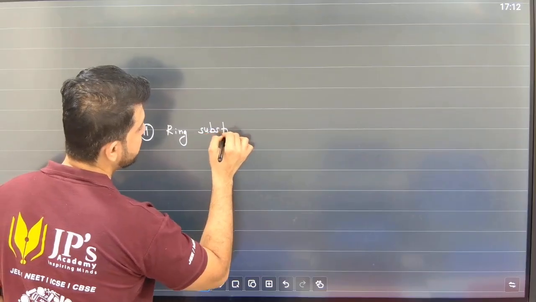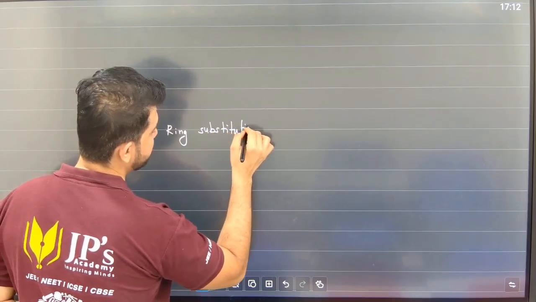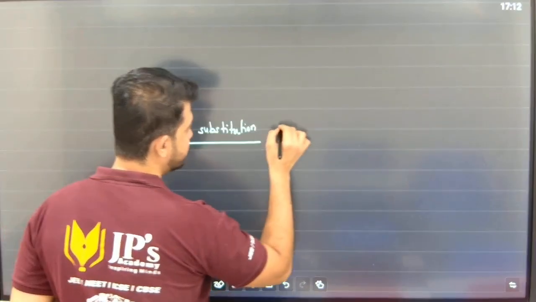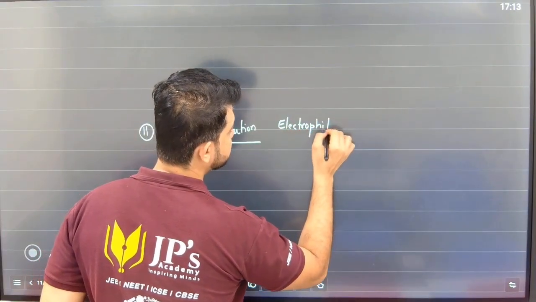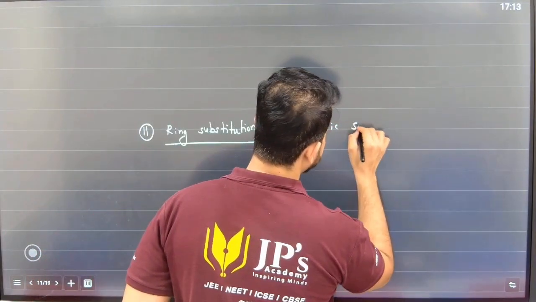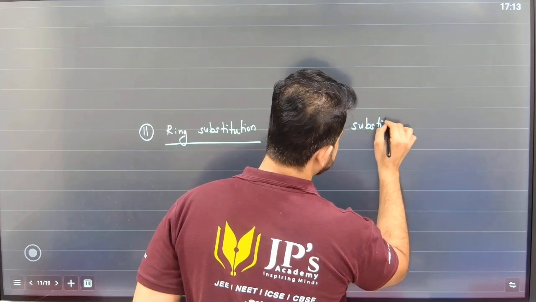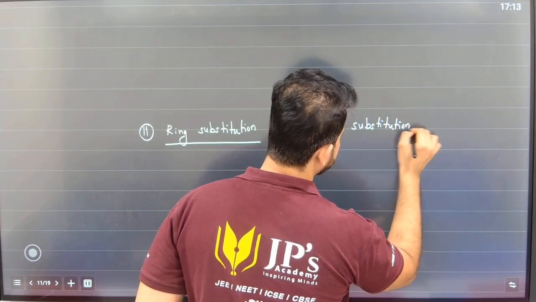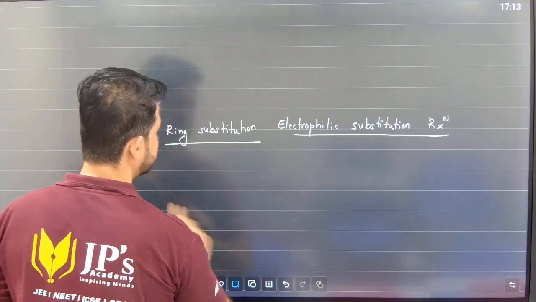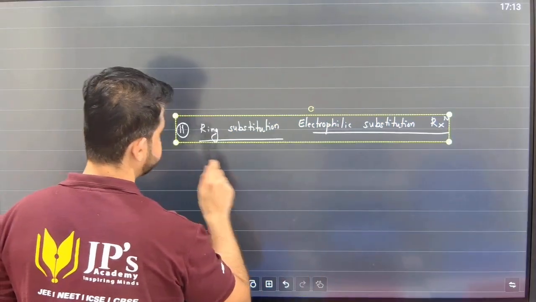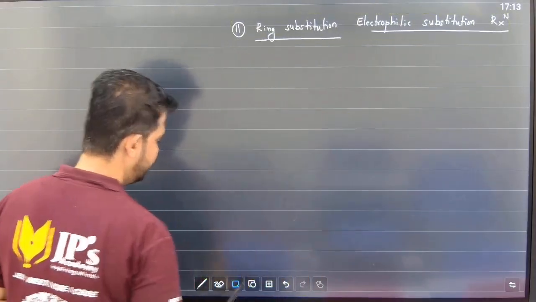Now students, in ring substitution, what we do is electrophilic substitution reaction. Now what we do in electrophilic substitution reaction, students, is we start with